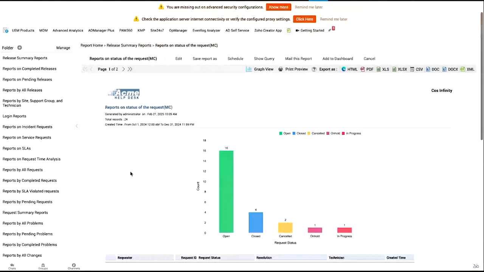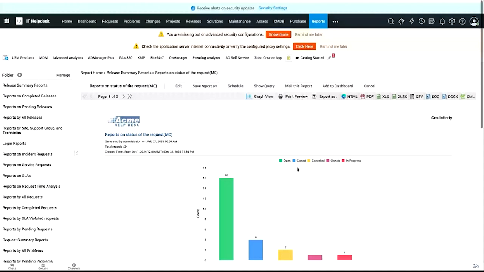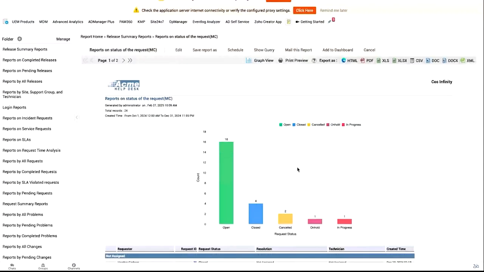This report, which you see, will have a chart and the details as well. So when you see this chart, you will also have a question like, do we have any option for adding this chart to the dashboard? Yes, we have. By clicking on the add to dashboard option,